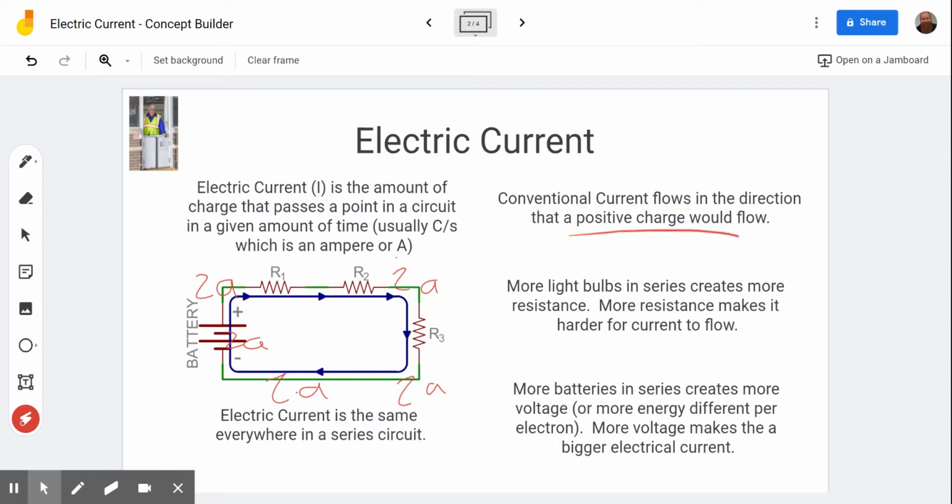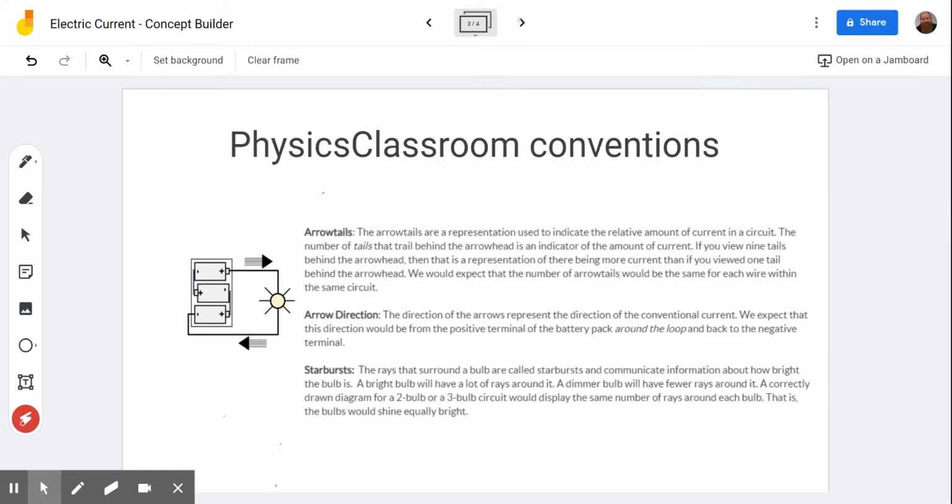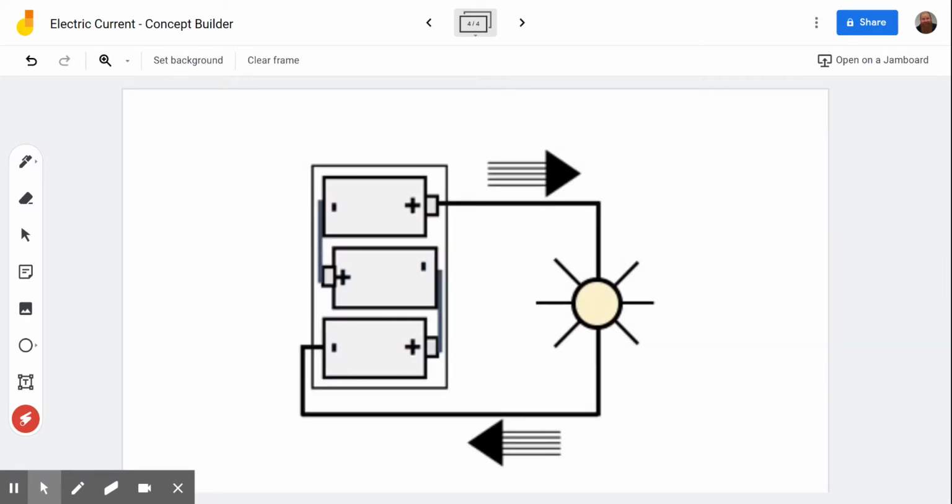Is it going in the direction a positive would flow? Is the current the same everywhere in the circuit? Okay, so just read the questions carefully and apply those answers to it. Then the second concept, the second activity,